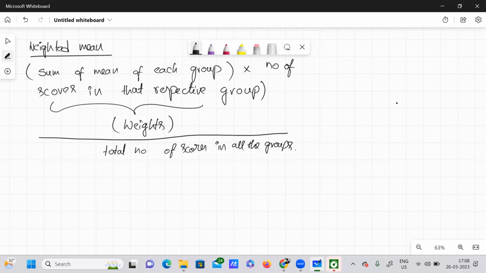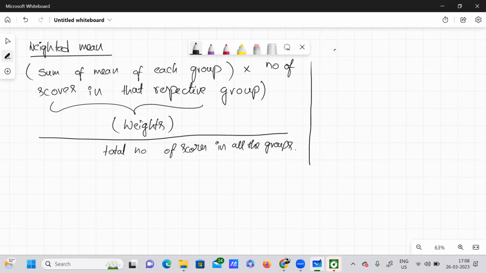Just don't get confused by just having a look at this formula. I'll explain with the help of a real world example. Then probably you may get a better understanding about this. But before that,